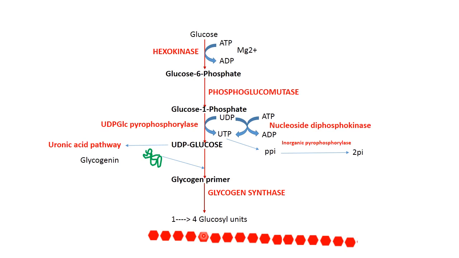Now what happens? The addition of glucose residues to a pre-existing glycogen chain or primer occurs at the non-reducing